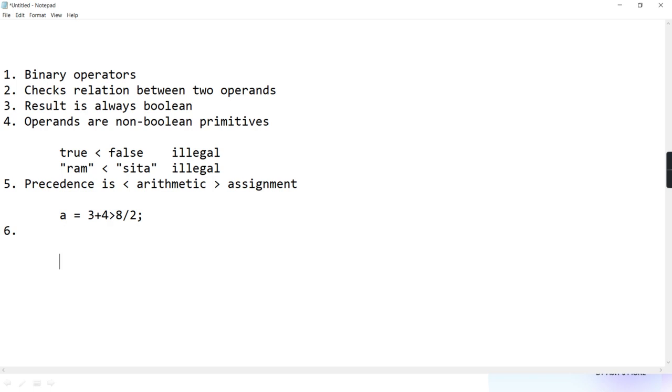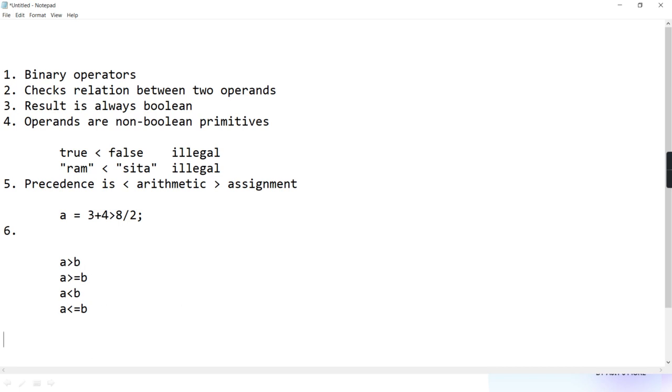Who all come under this category? Greater than, greater than or equal to, less than, and less than or equal to. Only these 4 operators are relational operators, my dear students, remember.